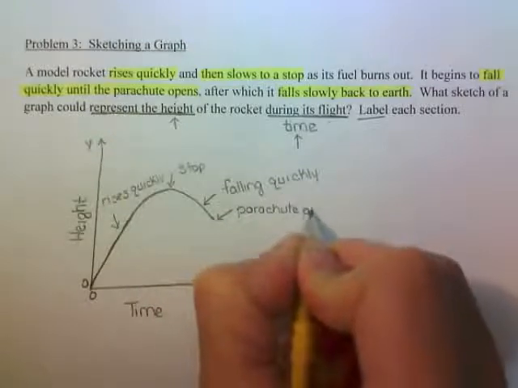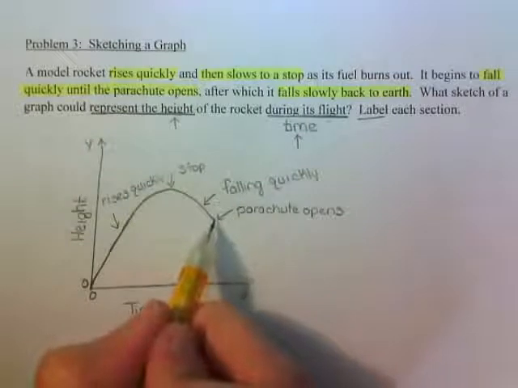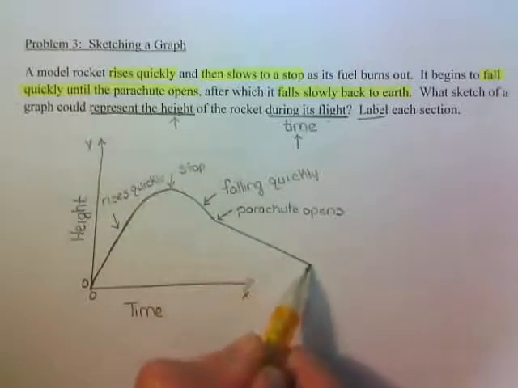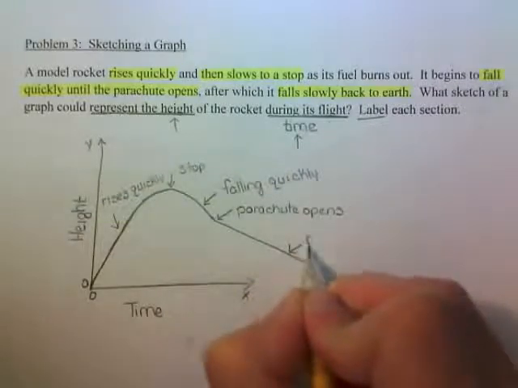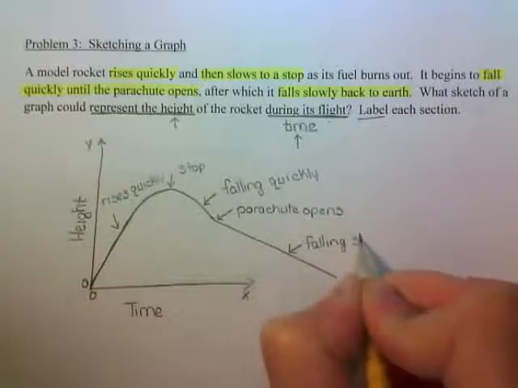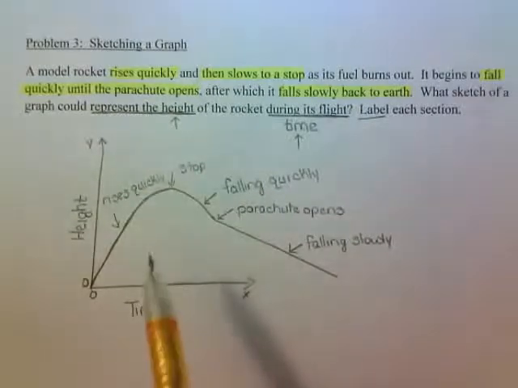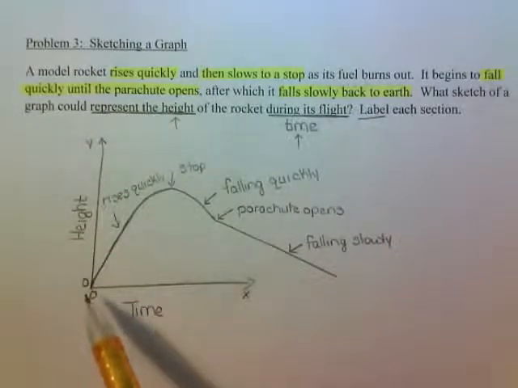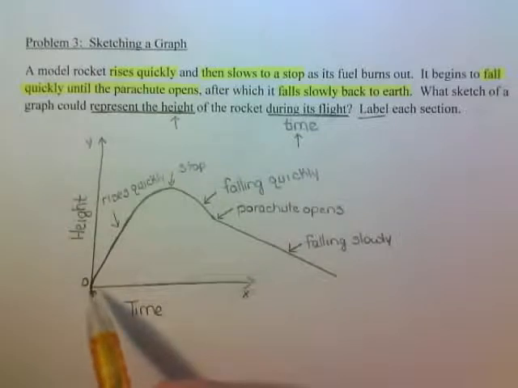Now it's still falling, but after the parachute opens, it's going to fall at a pretty steady rate. And so this is falling slowly. I didn't draw my x-axis out far enough, but this is just a good rough sketch, and you could clean this up after you've got a rough sketch. It might be a good idea to clean it up and redraw it to make it look nicer, but this